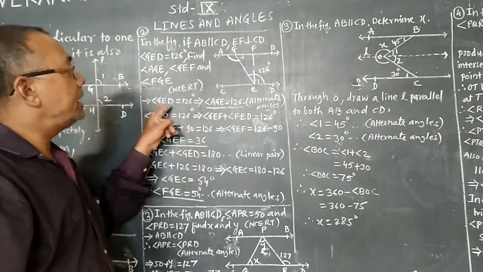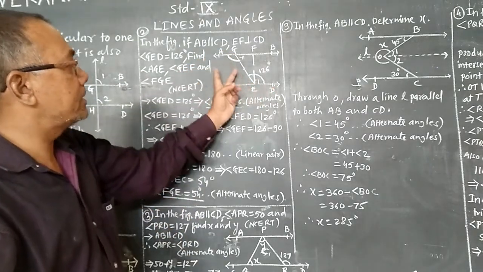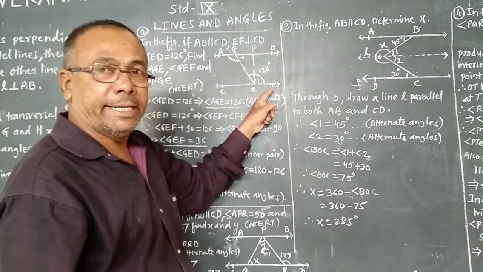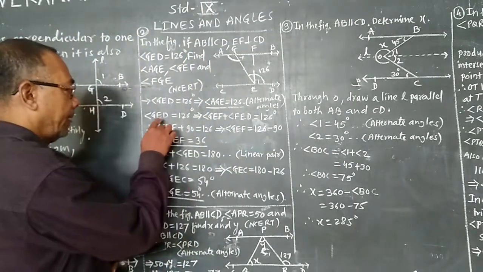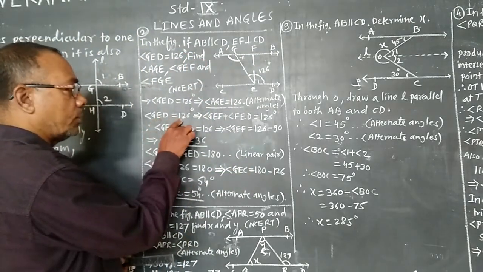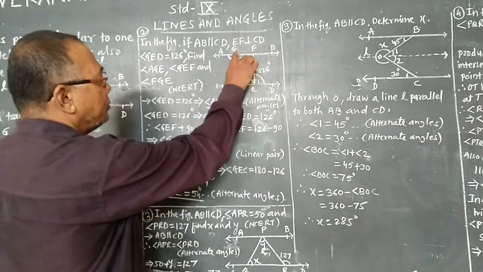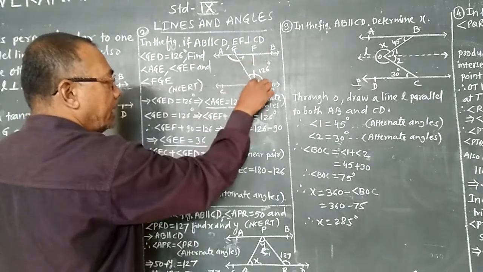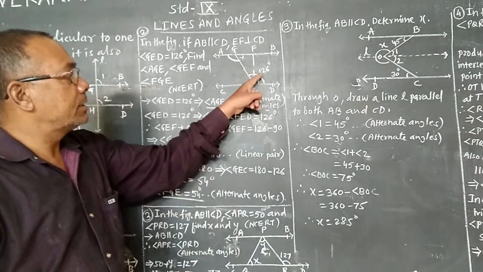Now, GED can be written as GEF plus FED or DEF, whatever it may be. So we can write here GED is equal to 126 implies GEF plus FED. But out of these two angles, FED